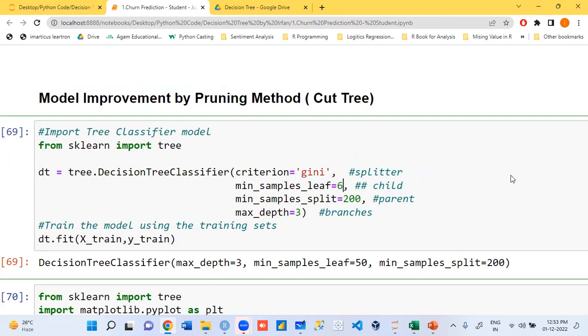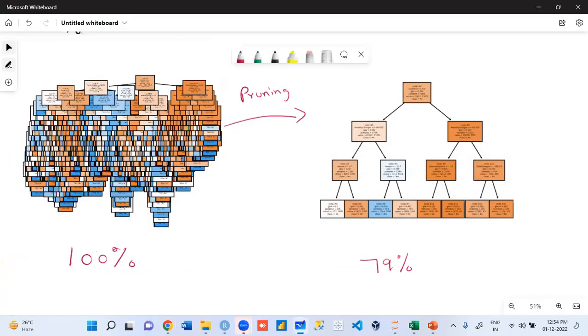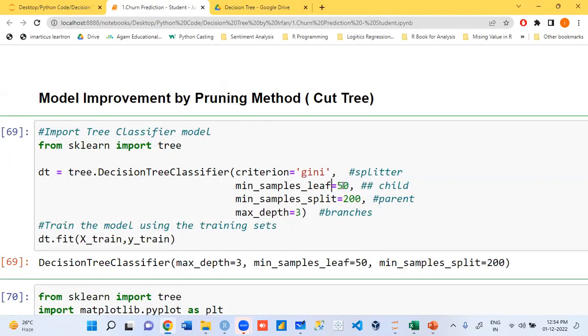Let me write it first for you. What was the combination? 50, 200 and 3 branches. You say 60, yes, continue. 150, 4 branches.